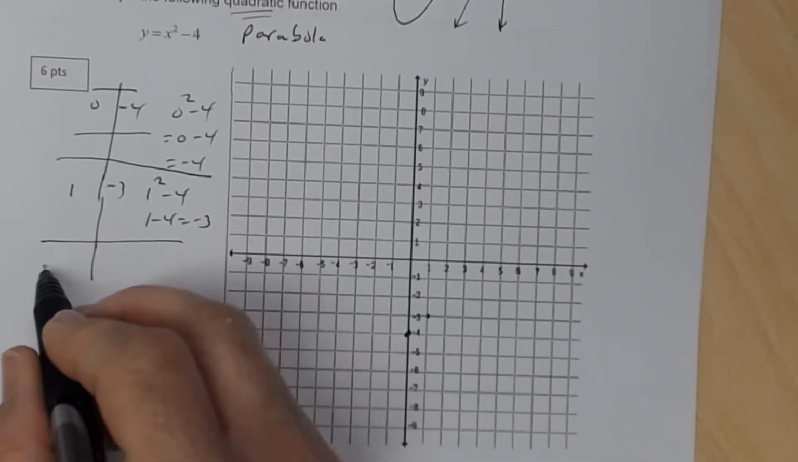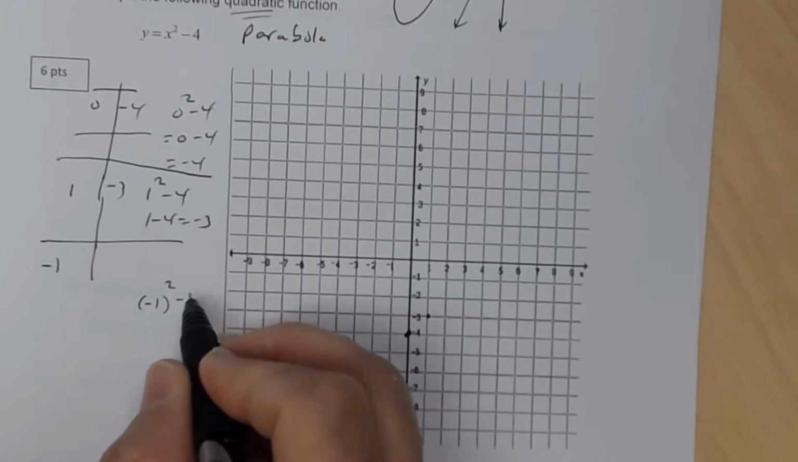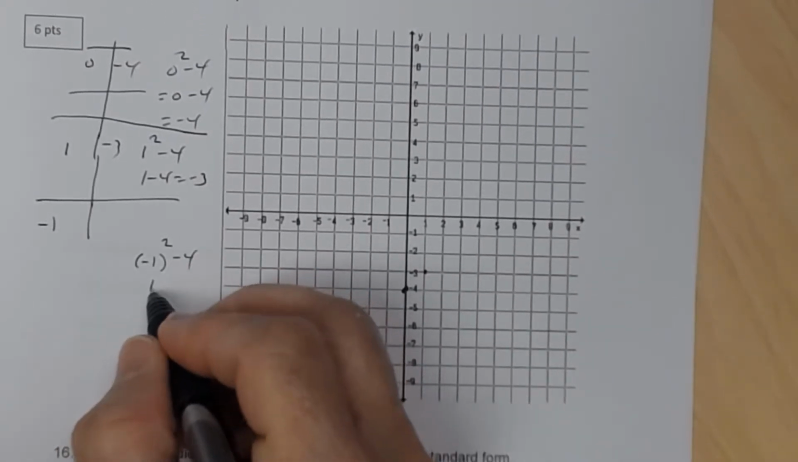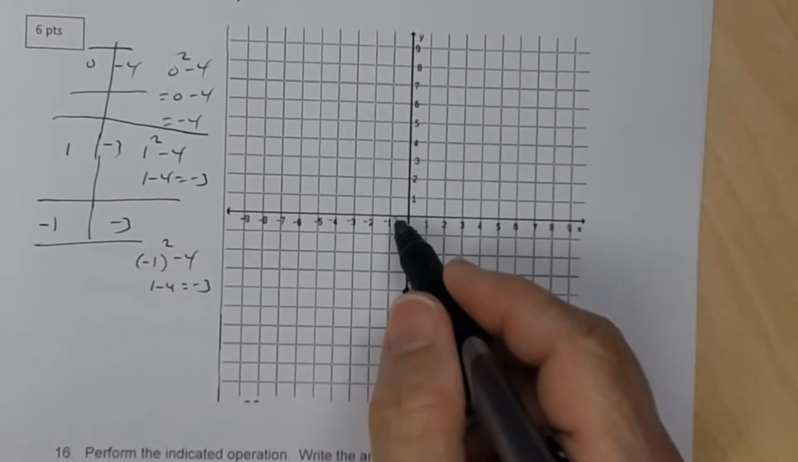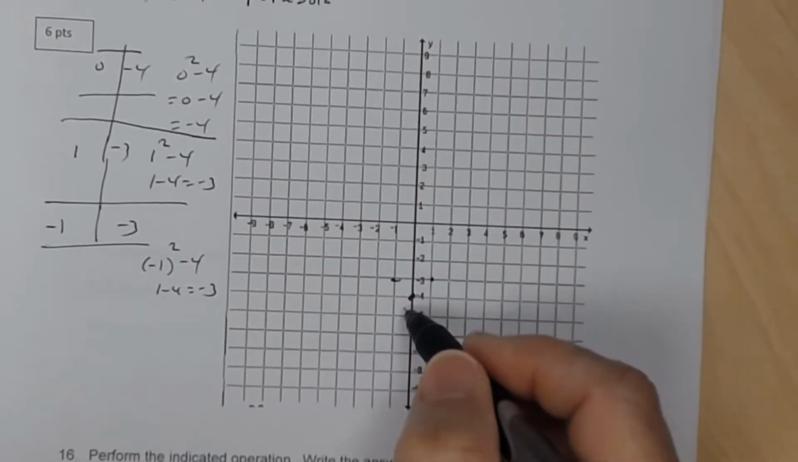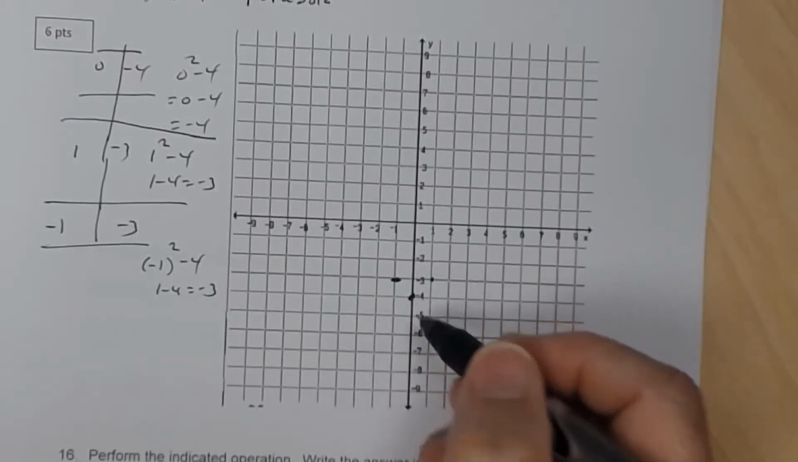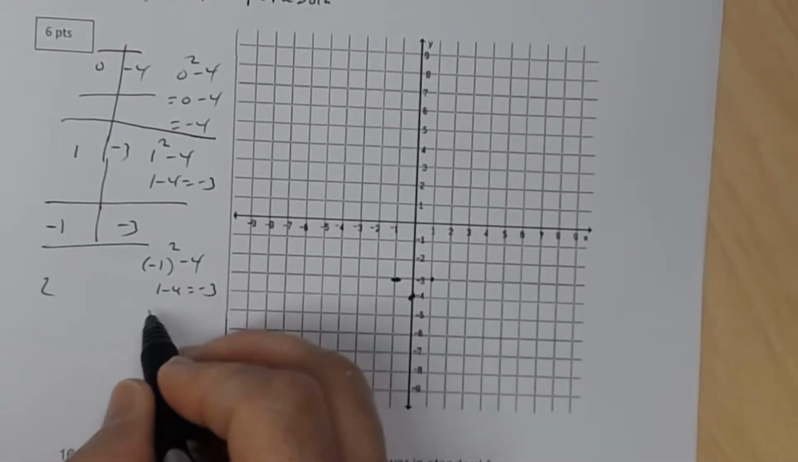If x is, let's say, negative 1, I put the negative 1 in parentheses, squared, minus 4. Negative 1 times itself is 1. 1 minus 4 is negative 3. So I get negative 1, negative 3. You're going to notice that that's not a line because these 3 points don't lie on the same line. If x is 2,